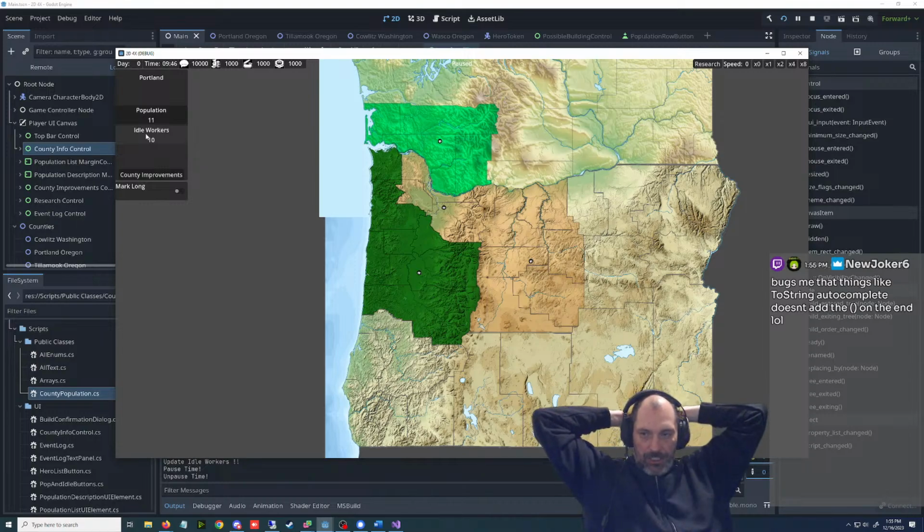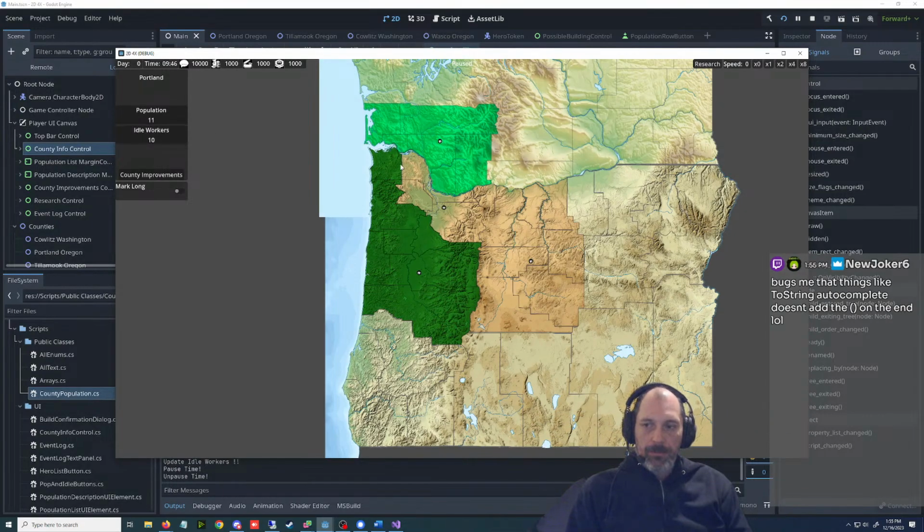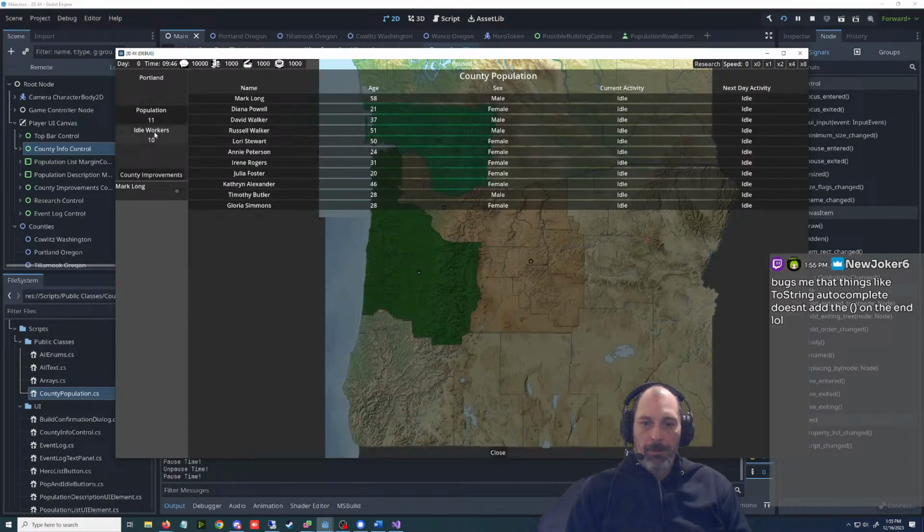Doesn't it seem like it should? You know why this updated like this? Because the idle workers currently don't. The population is 11.